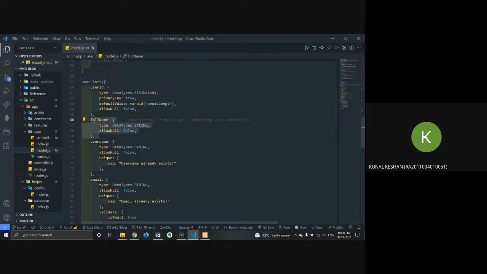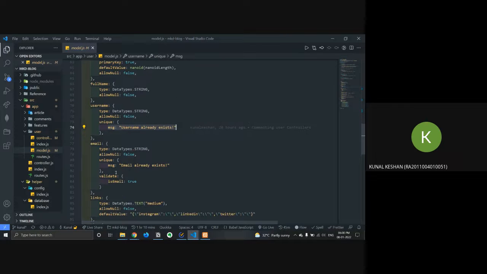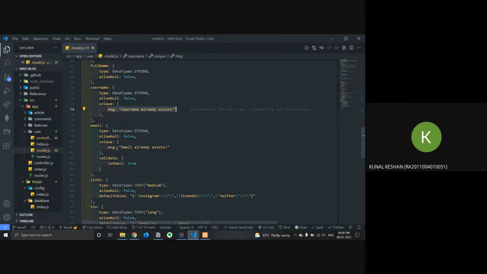Then the full name, okay, the username, it should be unique. If there's an error, it will show this message. Similarly for email, I even have validate methods, so it checks whether this is an email, then allow it to save. If it is not an email, then don't save it, give me an error. I want really proper validated emails to be saved.